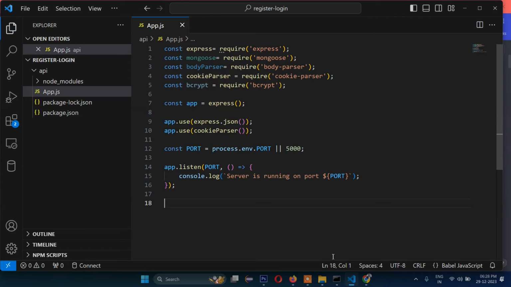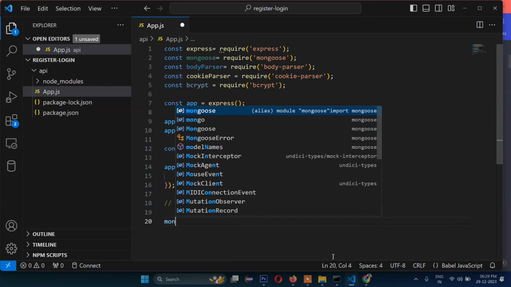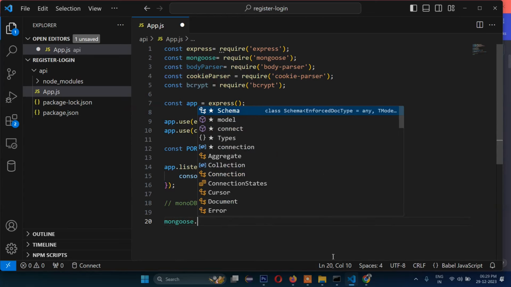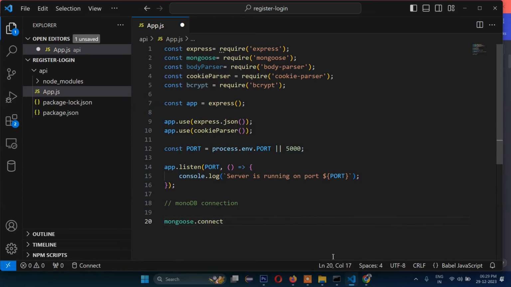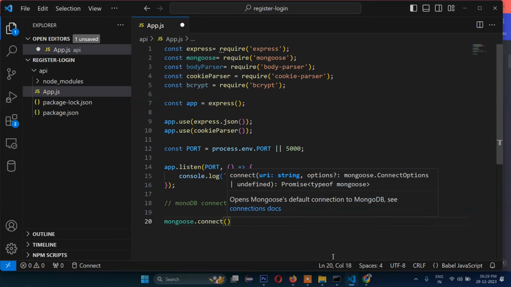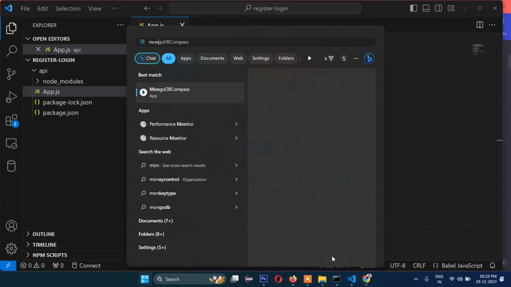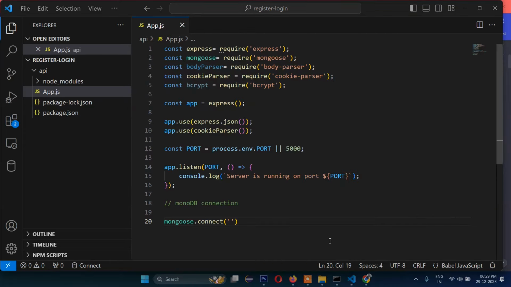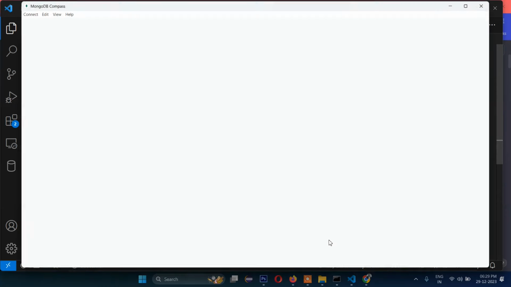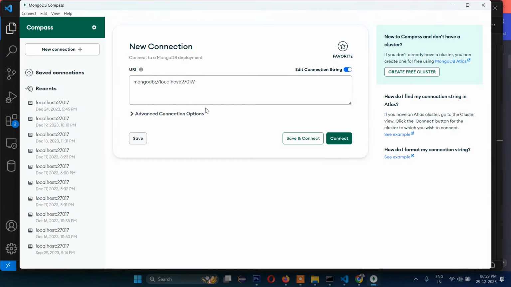Now next one will be MongoDB connection. So mongoose dot connect and then URL here. So the URL will be, let's open here MongoDB Compass. So this will be our URL